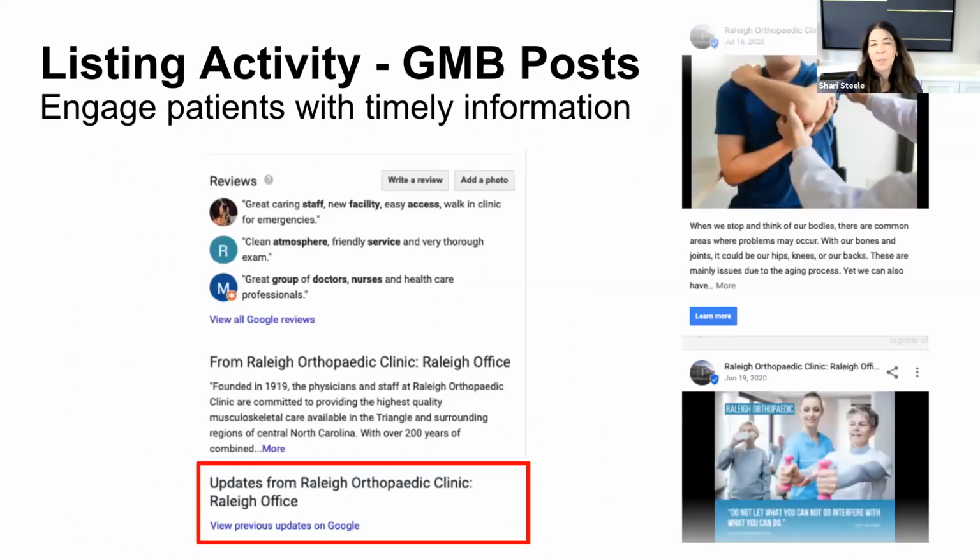GMB posts. So this is another way that you can interact with your patients using posts. And basically what you're doing through posting is sharing important information about your practice with patients and prospective patients that's timely. So it could be, as Sarah had pointed out earlier, a post about COVID-19